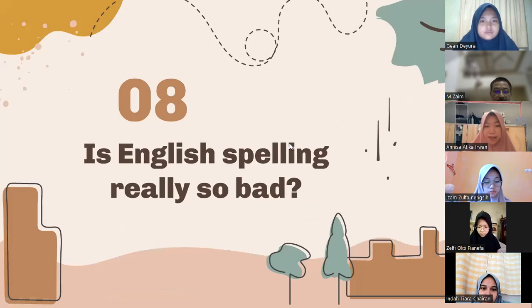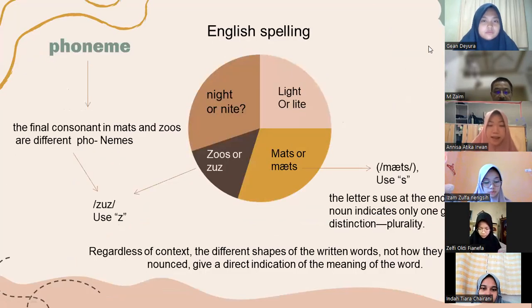Is English spelling so bad? If the alphabet principle was followed more exactly, then we would understand faster and more easily, because we would only speak as written, like this, night or night. When this is written night, many people say it will be night, or light can be light. Zeus can be Zeus. Maths can be maths.